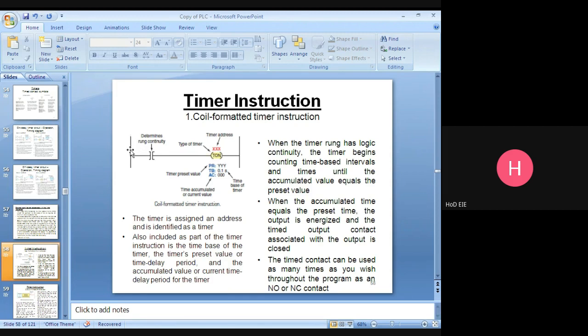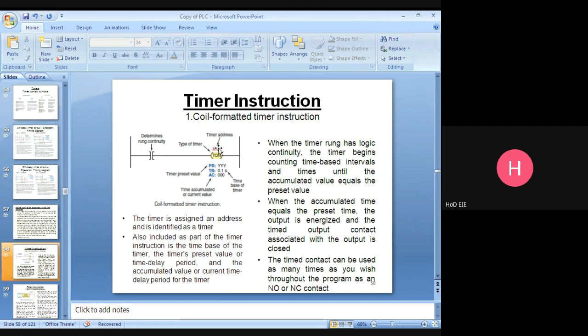Here these two are the rails. This one is the rung, this one is for contacts, and this one determines the rung continuity. This one is for the timer, the on delay timer instruction, because T on means on delay timer instruction. Here you give the timer address.